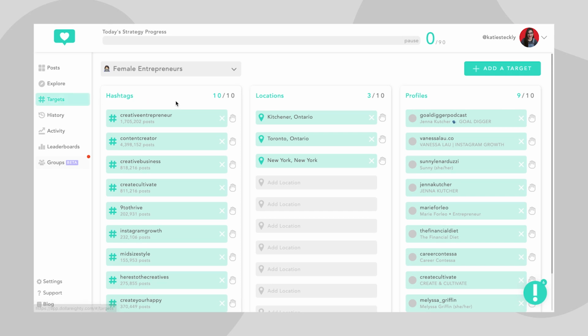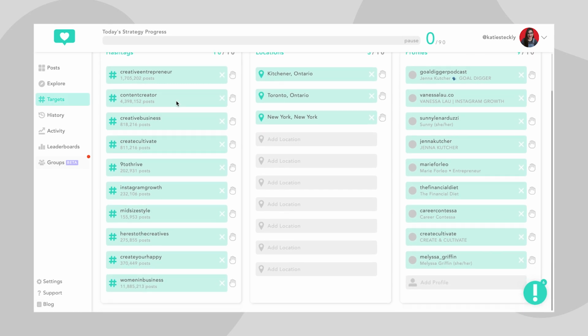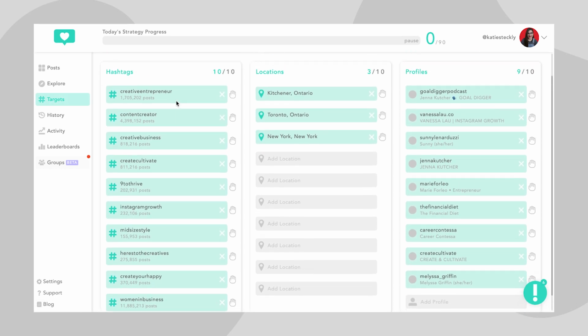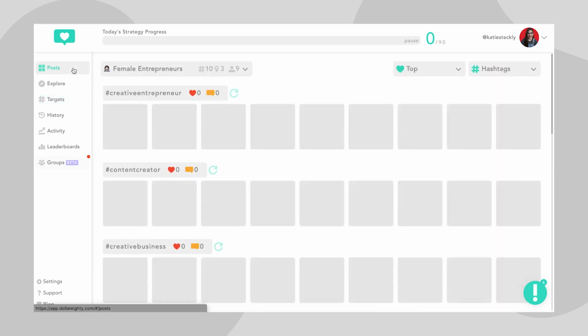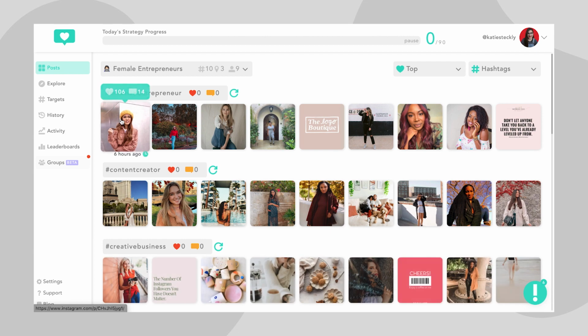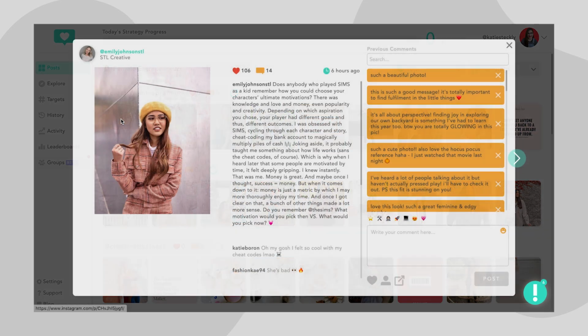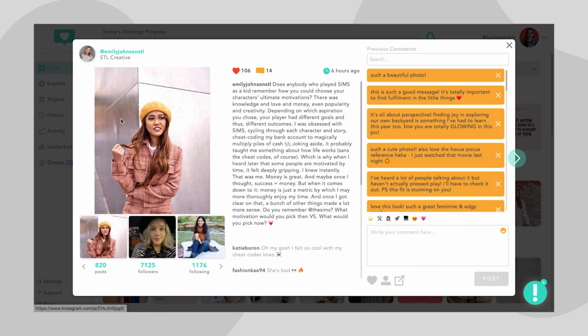Something that I love to use for this is a platform called $80, which connects with your Instagram account. You can set up target locations on Instagram, such as hashtags, location tags, and different people's profiles. And $80 will show you a queue of posts from those different locations that you can then engage with. It's all super easy to use. If you're curious about that, I can link a video that I made about that a few weeks ago, and I'll link it in the description too.